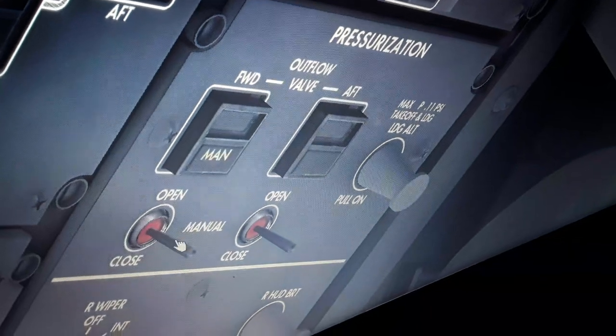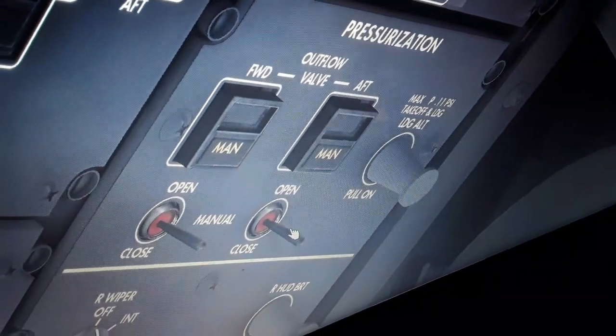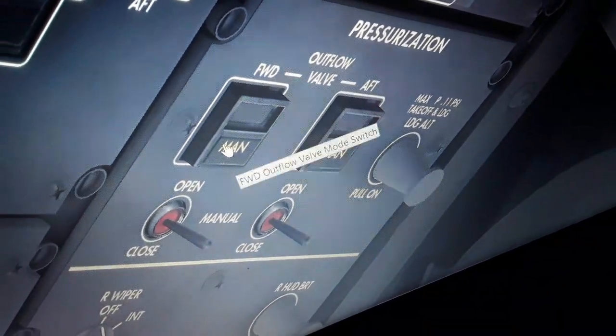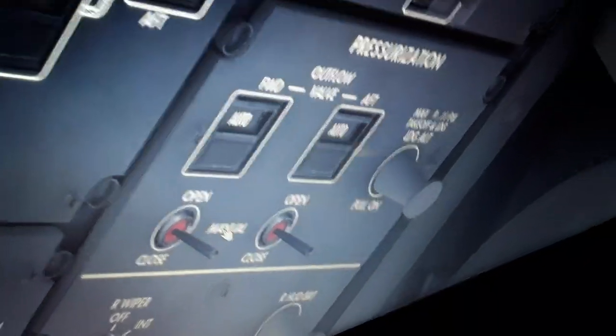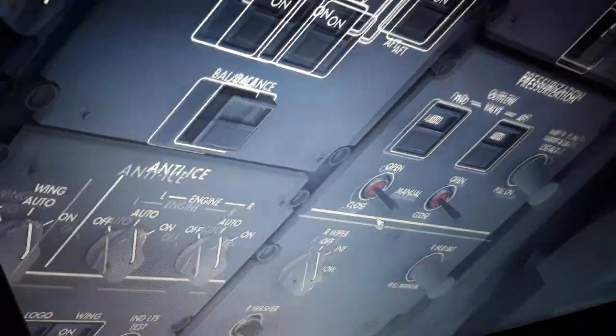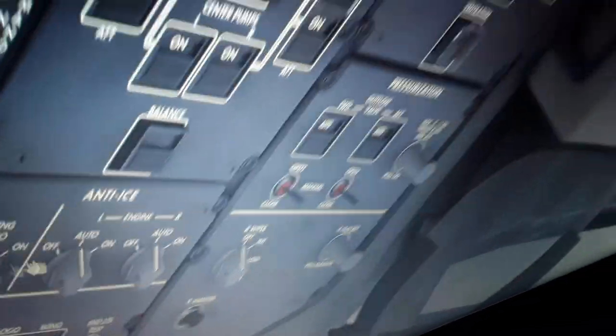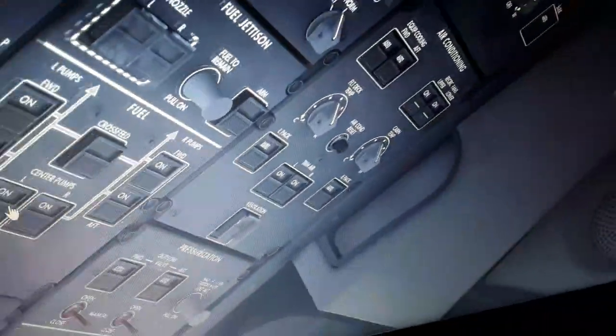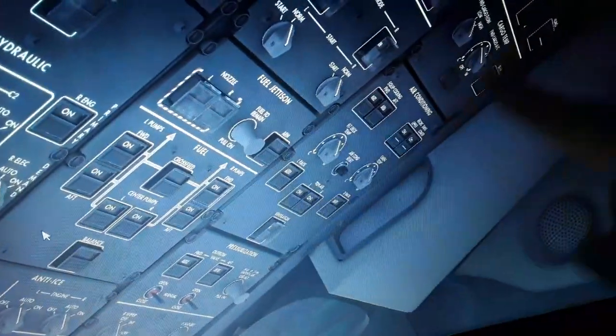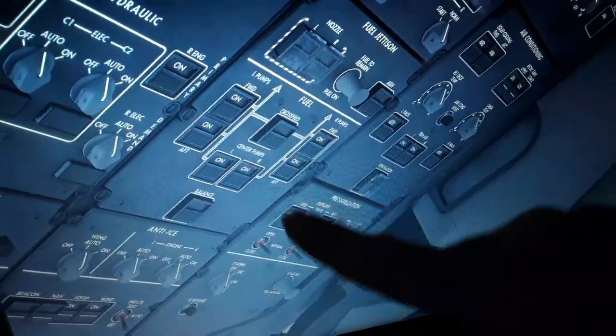We have the pressurization here. So when we climb, we use the outflow valve open to the pressurizer. When we descend, pressurizer close. Also the wing energy radii on auto. We have pressurizer from the wings, from the engines and the APU for cabin pressurization, wing energy radii, cabin pressurization,